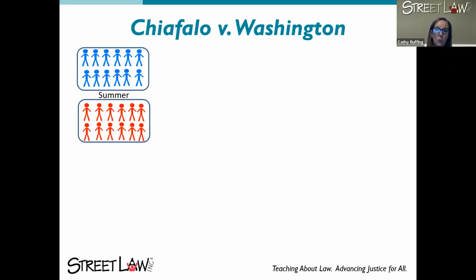So the state of Washington has 12 electoral votes, and those votes come from the fact that they have 10 representatives in the House of Representatives and, of course, 2 senators, and that's how we decide how many electoral votes a state has. So in the summer before the election, both parties choose electors who will cast votes in the Electoral College if their party's candidate wins the general election in the state of Washington. So there's our 12 blue Democratic electors and our 12 red Republican electors just waiting around all summer to see if they're going to get to play their part.